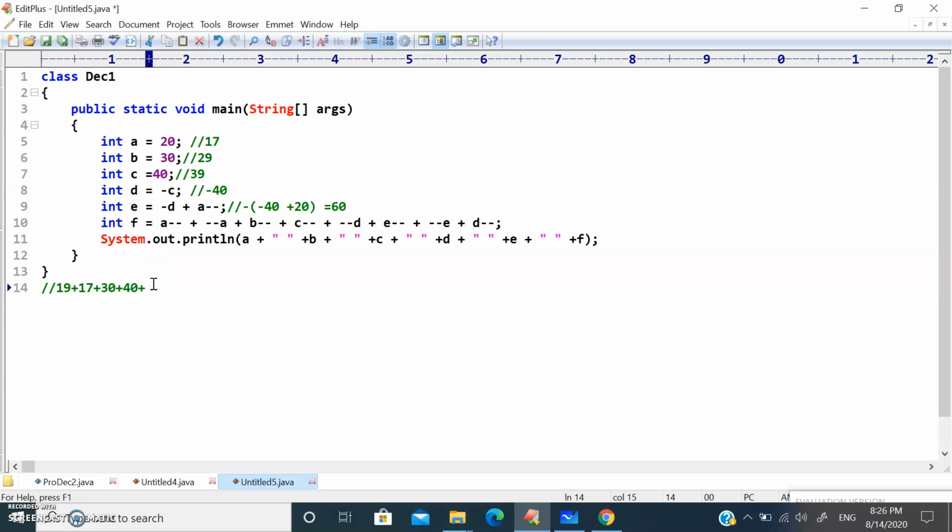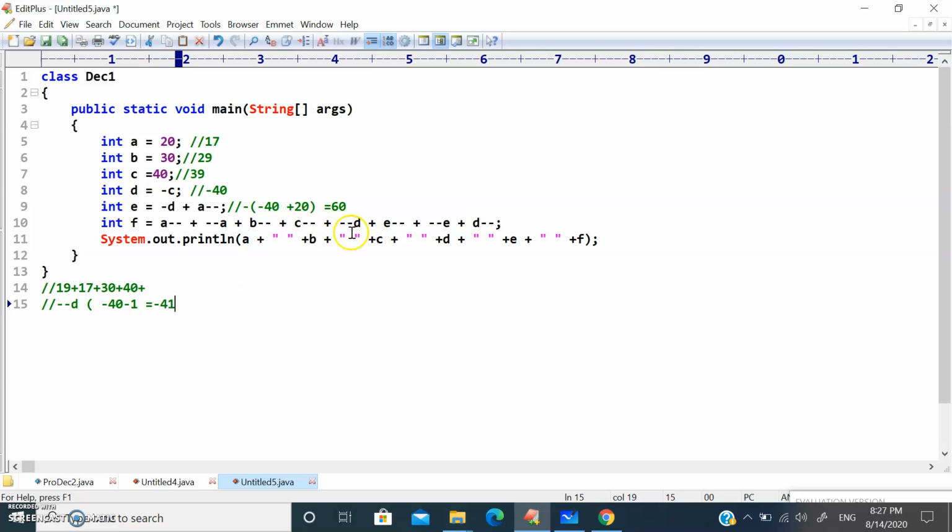Plus minus minus D. What is the value of D? We already have minus 40, right? So when we say minus minus D, it means minus 40 minus 1, so we will be getting the answer as minus 41.